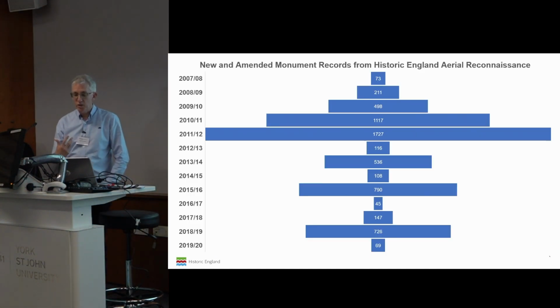This graph shows the new and amended monument records that have resulted from our aerial reconnaissance from 2007 to 2020. And you can see the variation in discoveries from year to year, mainly due to variability in the UK weather. 2010 and 11 were particularly memorable. Another memorable year was